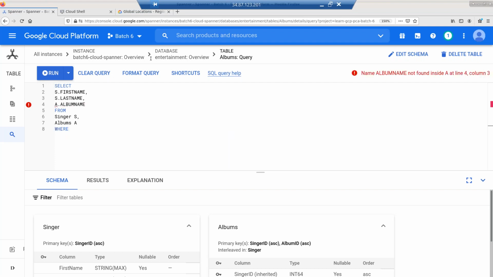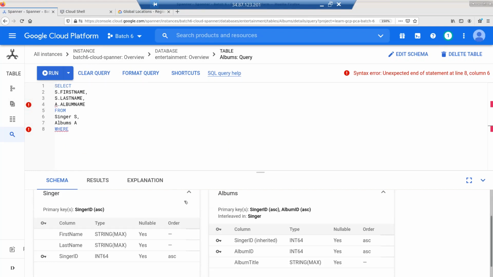Where I put a clause. Why is A dot not coming? What is the name of the album? Album name only, right? And put a where clause where I do a join between the tables, it's an inner join. So singer